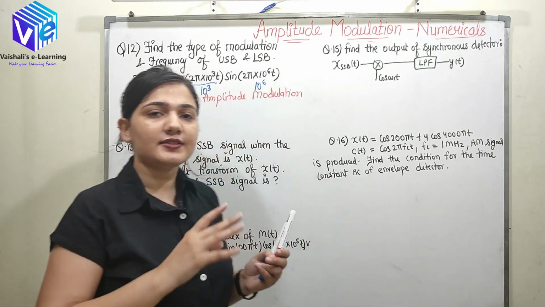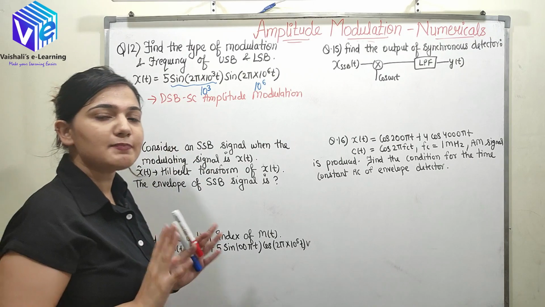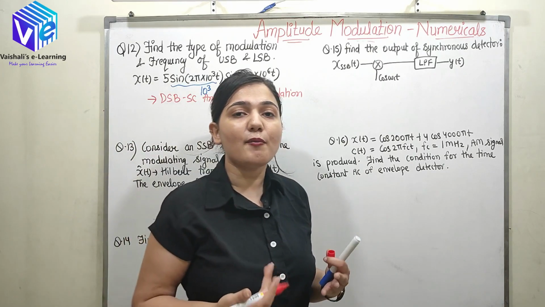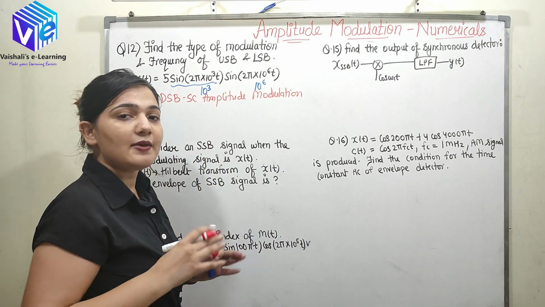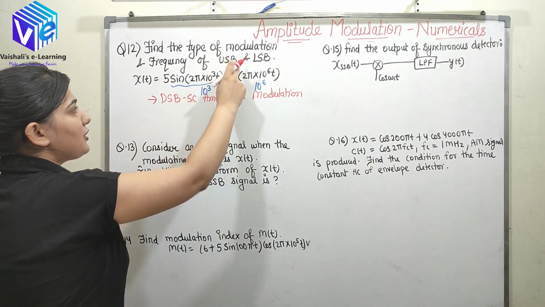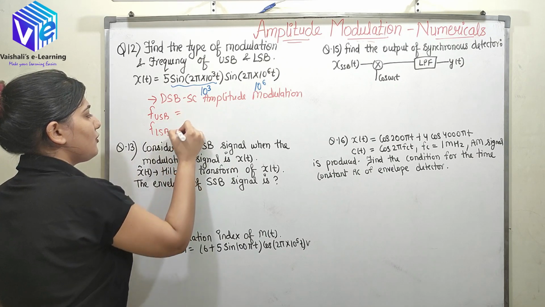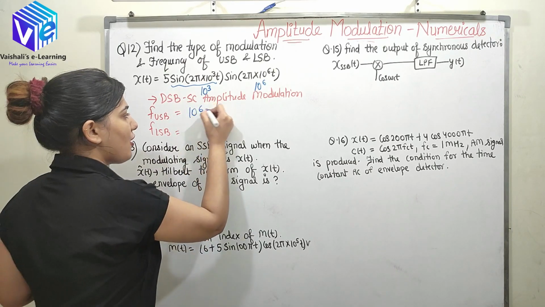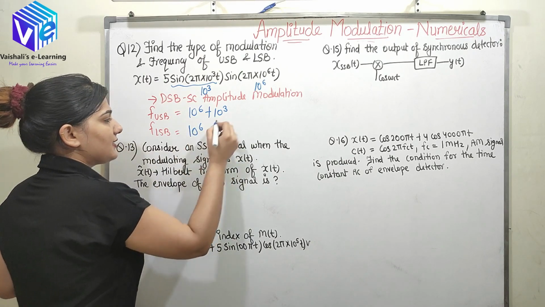If I have cos, there will be a π/2 phase difference. Only sine and cos have a π/2 phase difference. This represents the double sideband suppressed carrier in the form of a sinusoidal signal. When I discussed DSB-SC earlier, I discussed it in the form of a cos signal. Now I need to find the frequency of the upper sideband and the frequency of the lower sideband. The frequency of the upper sideband can be found by adding the carrier frequency and the message frequency, and in the lower sideband it is subtracted.